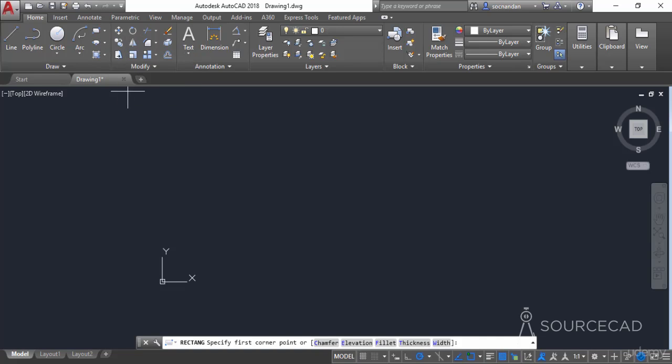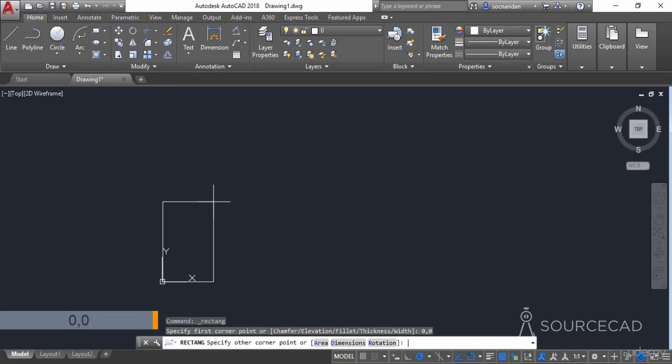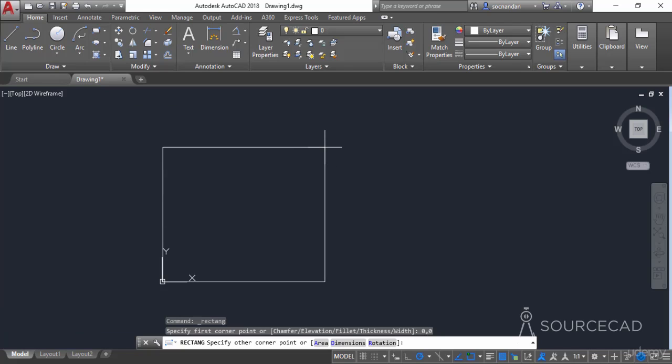rectangle tool here. Now select the rectangle tool, and now you need to specify the first point for making the rectangle. And you can specify the first point as 0, 0. That will be the origin in this case, and you can see that the rectangle starts from the first point at origin. Now look at the cursor, which is at this vertex of the rectangle. And now when you look at the command line, you'll see that it's prompting you to specify the other corner point, and that is this corner point on which we have our cursor right now.